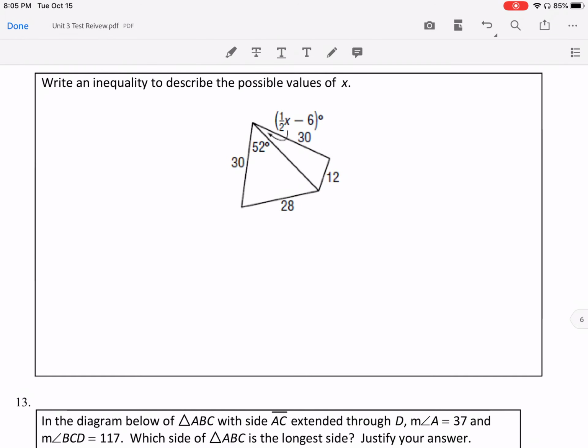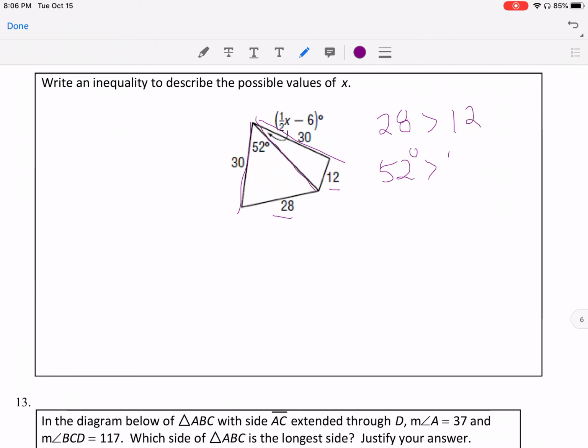12, very similar to the previous problem. We have 30 and 30. And then they share this side. So we're comparing the 28 and the 12. We're comparing the sides opposite these angles because the angle is the unknown. So I know that, and you don't have to write it this way, but I'm just looking at this, 28 is greater than 12. So the 52-degree angle has to be greater than the 1/2 x minus 6. I add 6 to each side. This is 58 is greater than 1/2 x. I multiply. X is less than